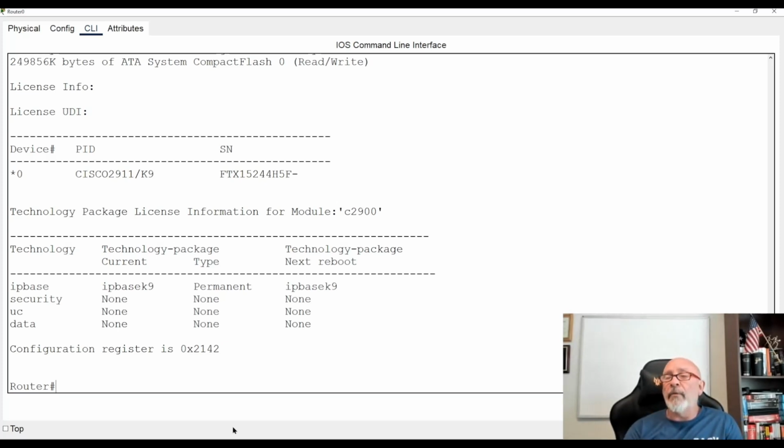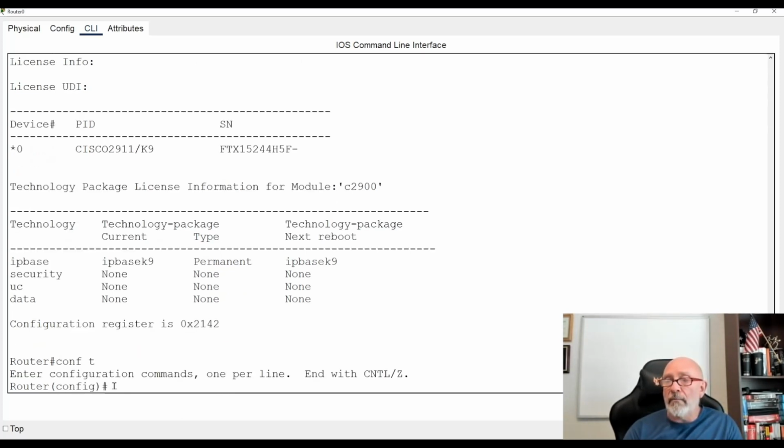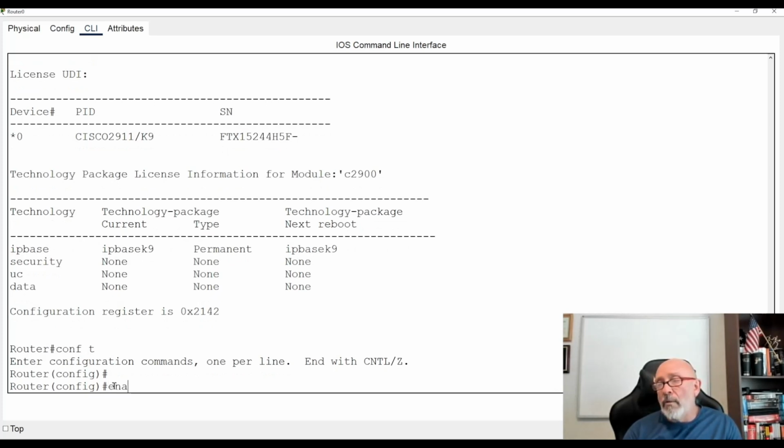Okay? And this is a trick for all of you that if you're using Packet Tracer and the instructor puts a certain password, you didn't read the instructions, and you want to bypass it, in Packet Tracer, it's very easy. Let's create a password real quick. Enable password cisco, whatever.